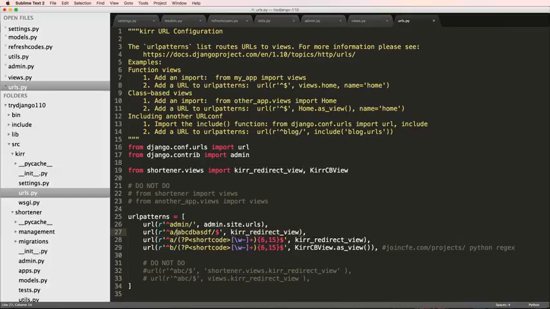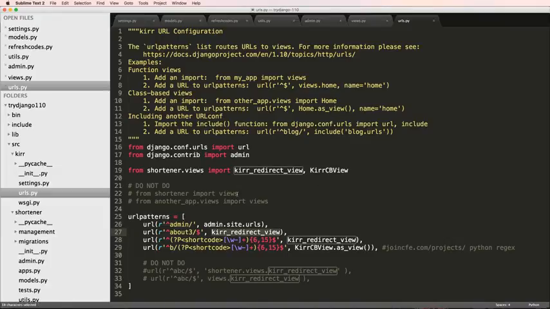This is important because if we got rid of that first A, we could still write some of our own things. So like about and admin will still be used, where shortcode is not going to assume that these are shortcodes and then run some errors. Where if I put, let's say, about 3, and I'll just put it as the redirect view, and we'll see. Actually, nothing's probably going to happen there, but